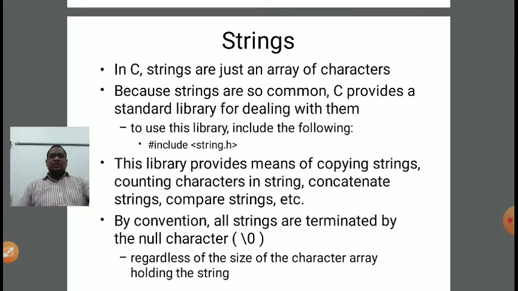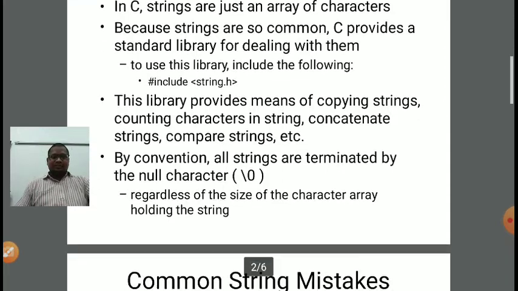Now there are also two concepts, length and size. Length means the actual number of characters residing in a particular string, and size means the maximum number of characters allowed in a string. Suppose I am writing char, the string name is name, and in brackets I am writing 20. It means I can insert a maximum of 20 characters in this particular string. But suppose I am inserting Rajendra, it is my name, and it is a collection of only 8 characters. So the length of the string will be 8, and the ninth character will automatically be backslash 0, the null character.